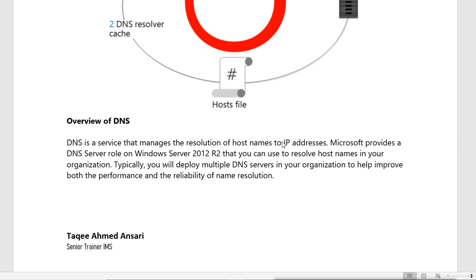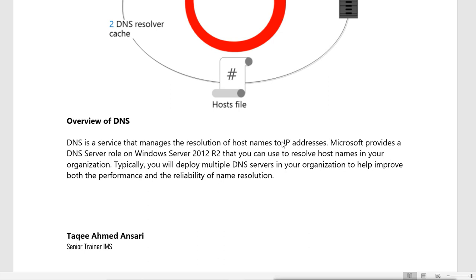Typically you will deploy multiple DNS servers in your organization to help improve both the performance and the reliability of name resolution. DNS is a protocol, and we can configure it as a service role on Windows Server 2012, and nowadays Windows Server 2016.